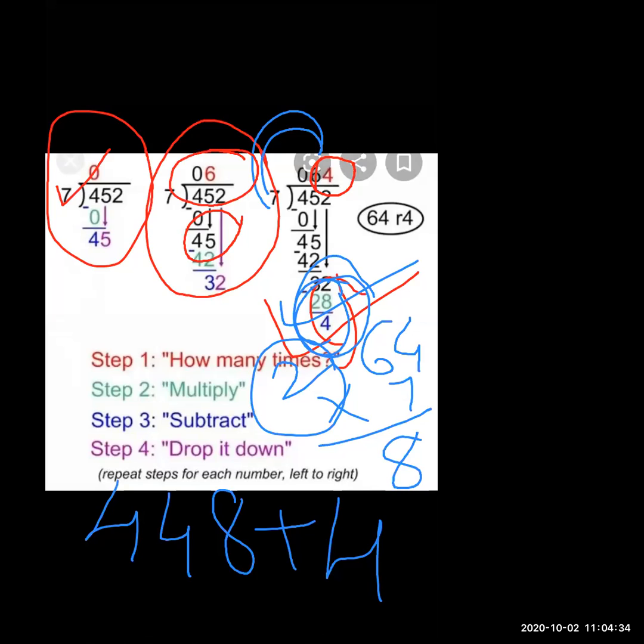Till here understood? Now I am going to explain the same sum again. Till here, has everyone understood how we check the right answer, whether our answer is right or wrong? We want to do the cross check in this way. First of all, you want to multiply the quotient and the divisor. That means 64 into 7 you want to multiply. In this, you want to add this 4.